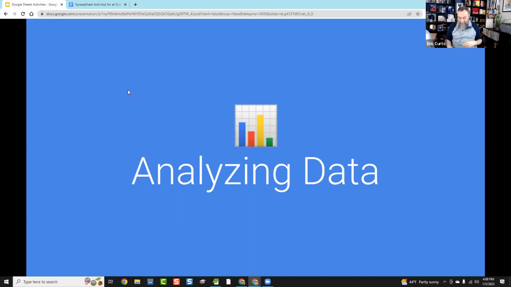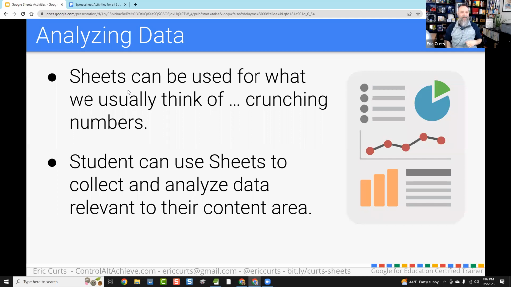So maybe it's something like that, or maybe the students are finding real world data from one of the many wonderful websites out there that provides data, and then they're drawing conclusions or making predictions. So let's do a little bit of that tonight. Let's start off with that, the idea that, yes, that is one of the most common uses of Sheets,